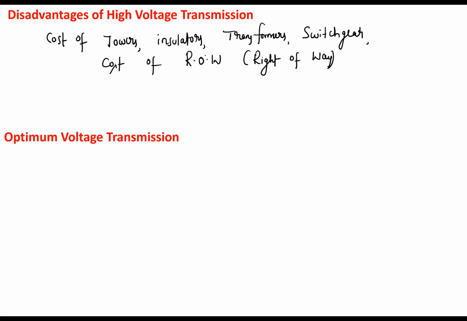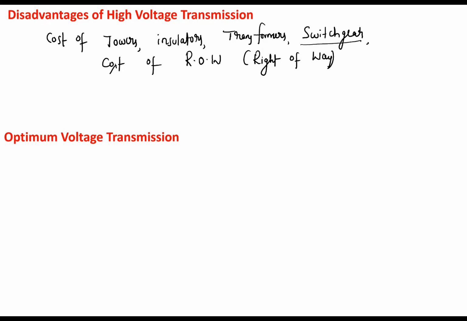Next, suppose we are using a 33 kV line, and generation voltage is 11 kV. What will the step up transformer rating be? It will be 11 by 33 kV. Suppose we are using a transmission line of 400 kV, then what is our step up transformer rating? It will become 11 kV to 400 kV. So the cost of transformers, even in the step down case, will increase because we are using high voltage transformers.